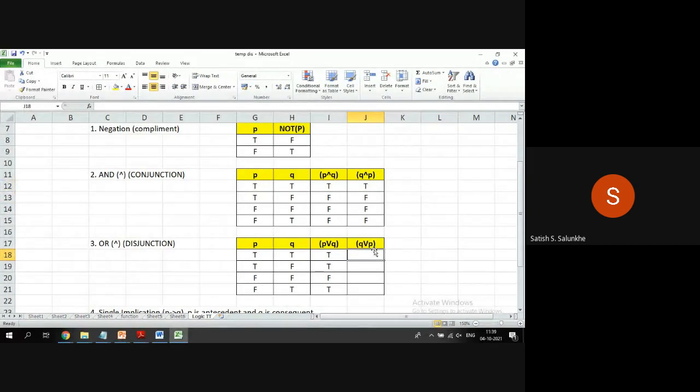So here, if at least one propositional variable is true, then the proposition is true, so I'm just working for Q or P. I'm just writing the result. So one true is there, therefore true. There is at least one true, therefore it is also true. There is at least one true, no, therefore it is false. There is at least one true, yes, therefore it is true. So why I have written this, it is just to understand whether,